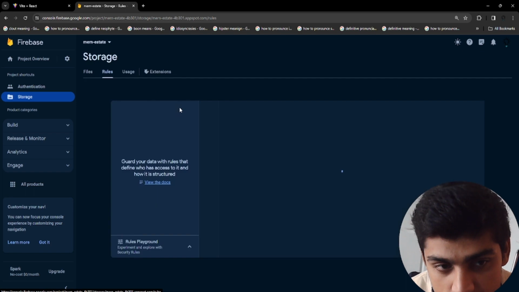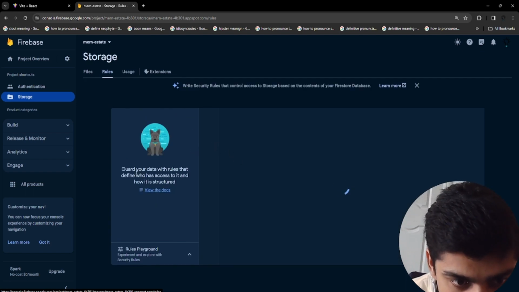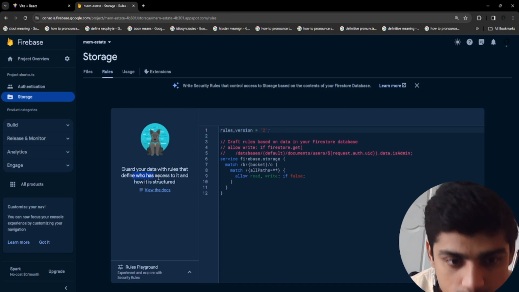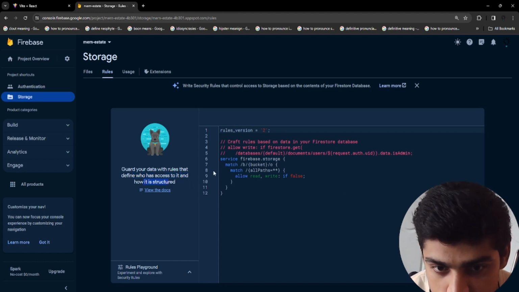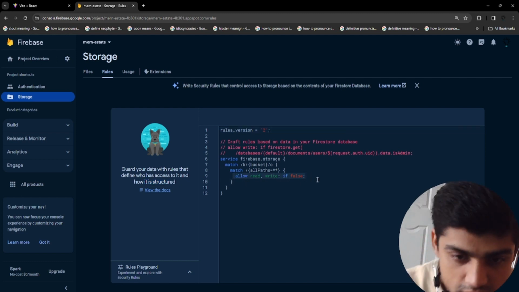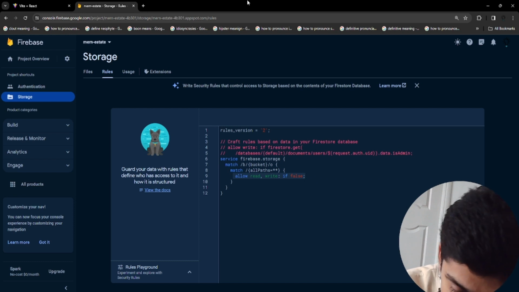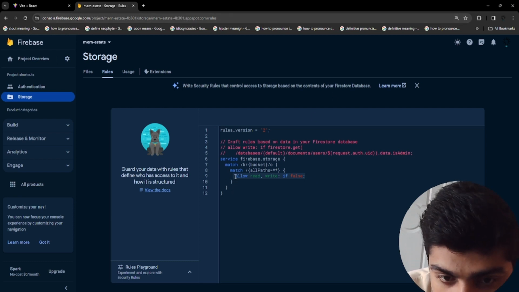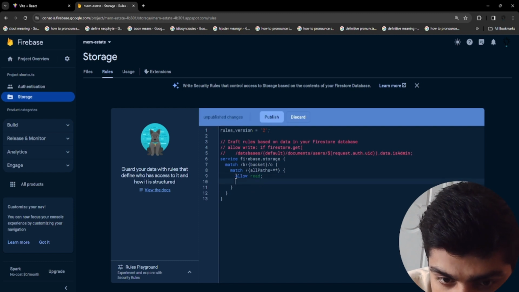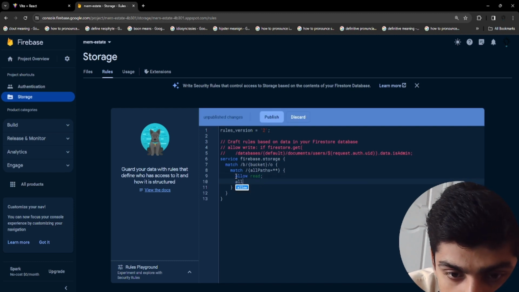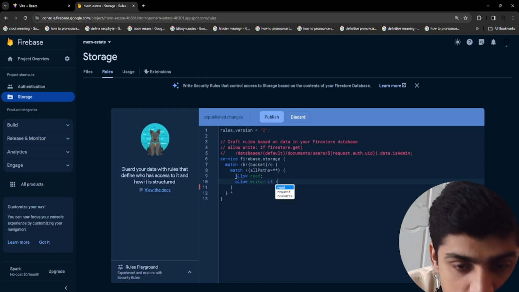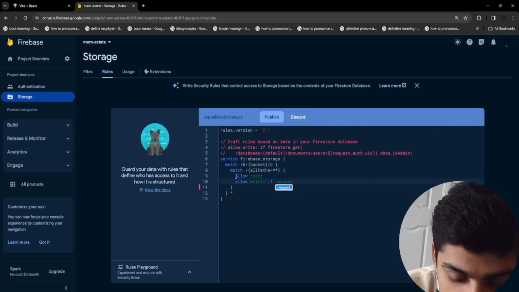So let's go to the rules, and in here, we have to change some of the rules. Guard your data with rules that define who has access to it and how it is structured. Over here we have this thing saying allow read, write if false. So let's fix this up, and let's allow everyone to access it. What we're going to say is allow read, and then we just delete the rest. So all of that, and just say allow read, and we say allow write, but there's a condition for write: if the request.resource